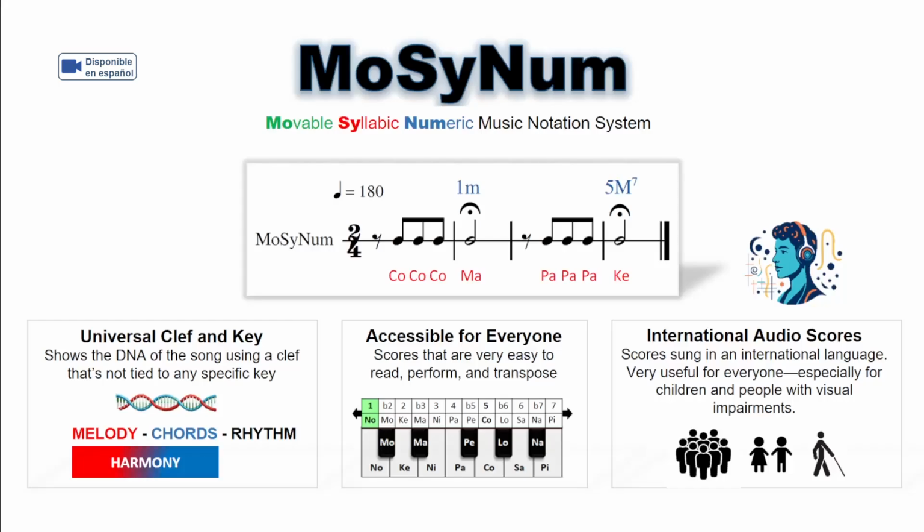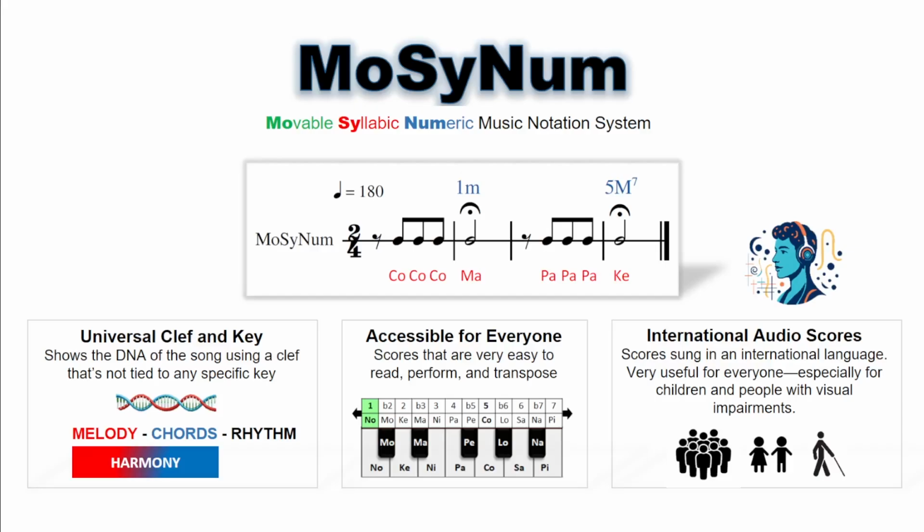In this tutorial, you'll discover what MoSyNum is and why this musical system could revolutionize the way we represent and understand music. The MoSyNum system gets its name because it is movable, syllabic, and numeric. Melodies are written using syllables, chords are written using numbers, and the sheet music is movable. This means the same score can be sung or played in any of the 12 keys without changing the names